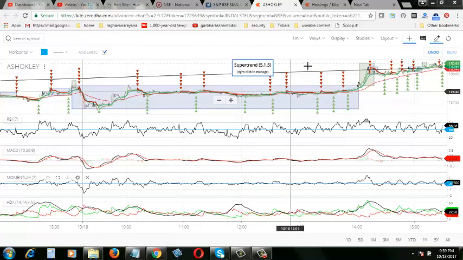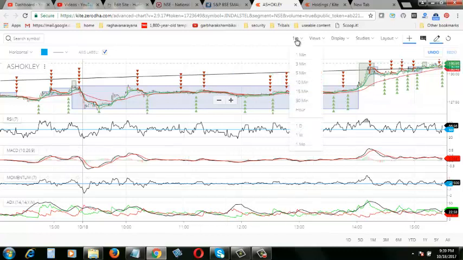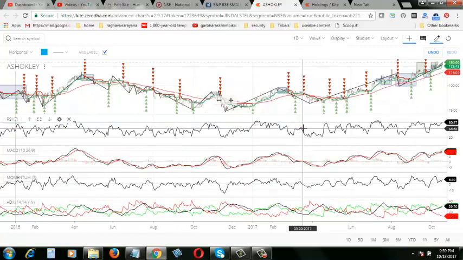Okay, so now we will see whether Ashok Leyland is good for swing trading or not. For swing traders, we will check the one day chart. So whatever you are seeing is the day chart right now. And in the day chart,